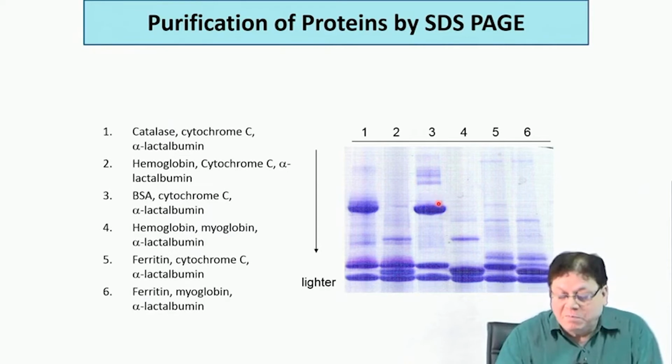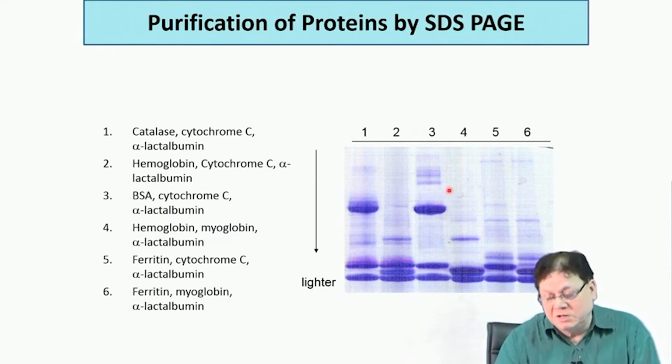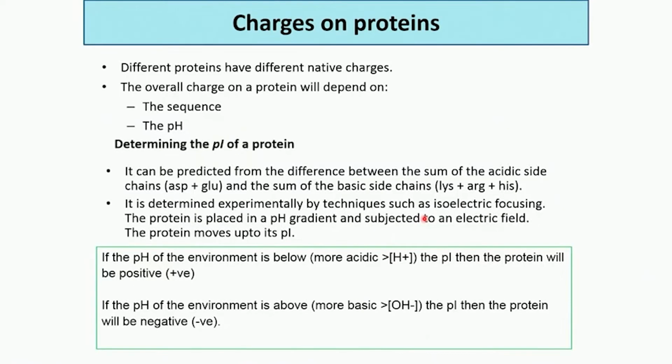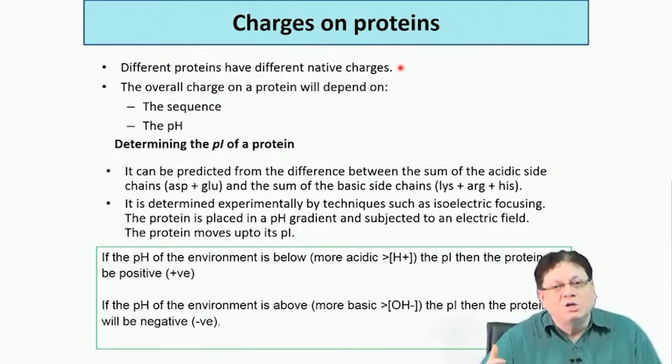The best is to do the native PAGE and also the SDS PAGE, if you are not very sure how many proteins are there here. So, up to that point I think we did. This is the native proteins. For the native protein, native charge is basically the charge that is present in the protein itself, and they will move according to their charge, and this charge also depends on the pH. So, the pH also needs to be adjusted, and by adjusting the pH and doing the electrophoresis, you can vary the native charge on the protein, and that can also help you to separate the proteins